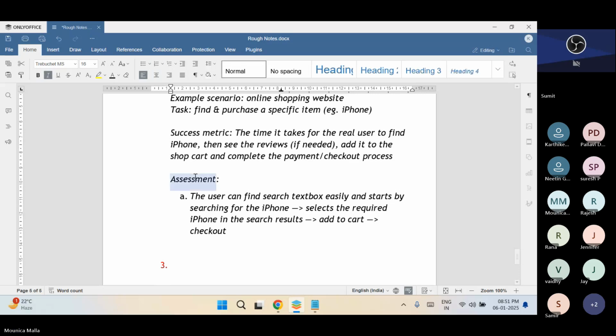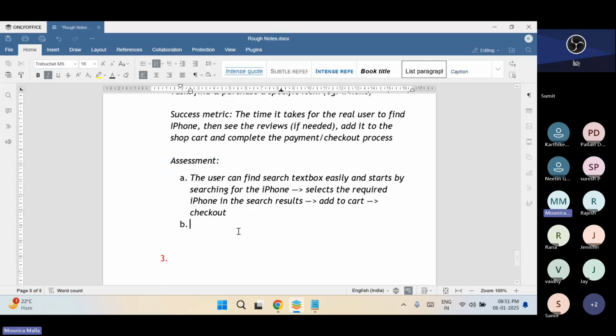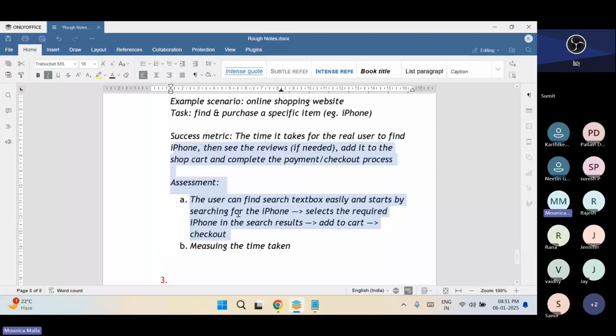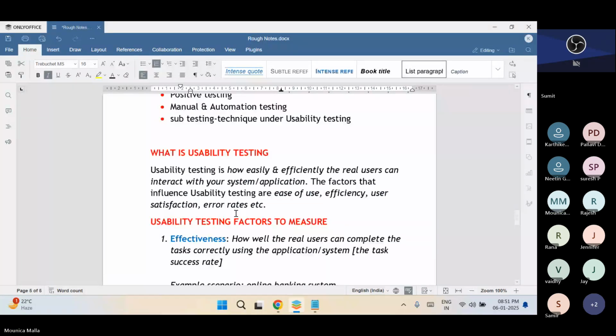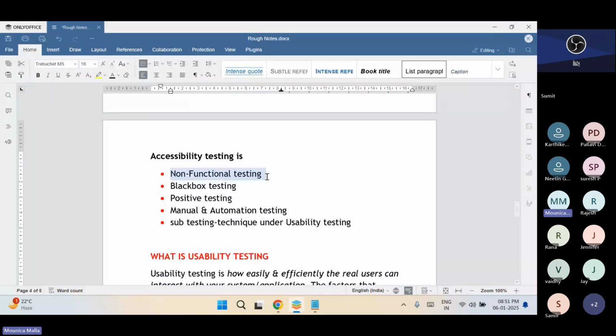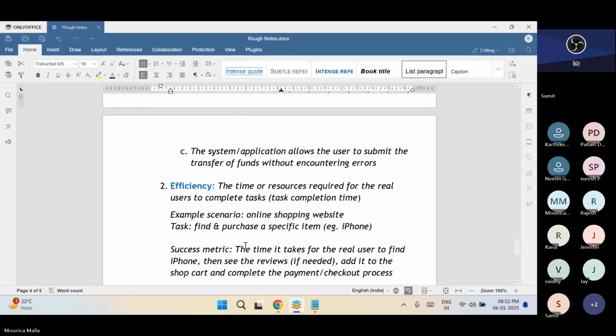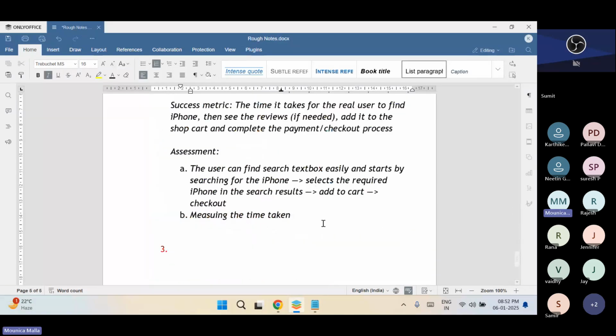Now here, this looks like my test case, no doubt about it. But from a usability testing perspective, what I would like to highlight here is measuring the time taken. And remember, here you are thinking as a manual tester or as a functional tester. Please don't think like a functional tester. The reason is, what is accessibility testing? It is non-functional testing. Okay, and it is positive testing. So remember the word non-functional testing now. So I'm going to write here measuring the time taken